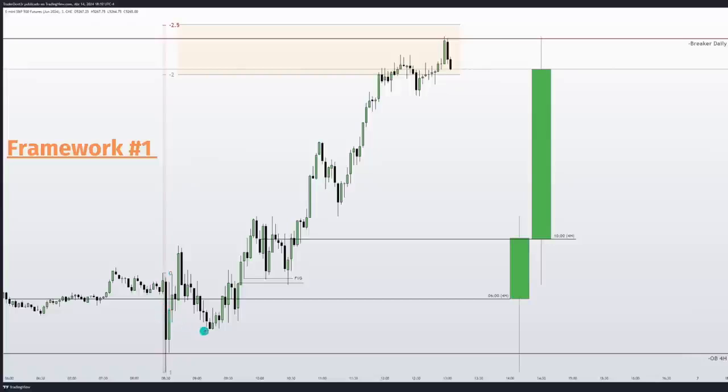And when price closes this 6 a.m. candle, the next 4 hour candle opens, the 10 a.m. candle. And the question is, where is the opening for the 10 a.m. candle in function of the previous range, or the previous power of 3, or the previous candle? Price doesn't open in the two deviations. So this 10 a.m. candle is for continuation